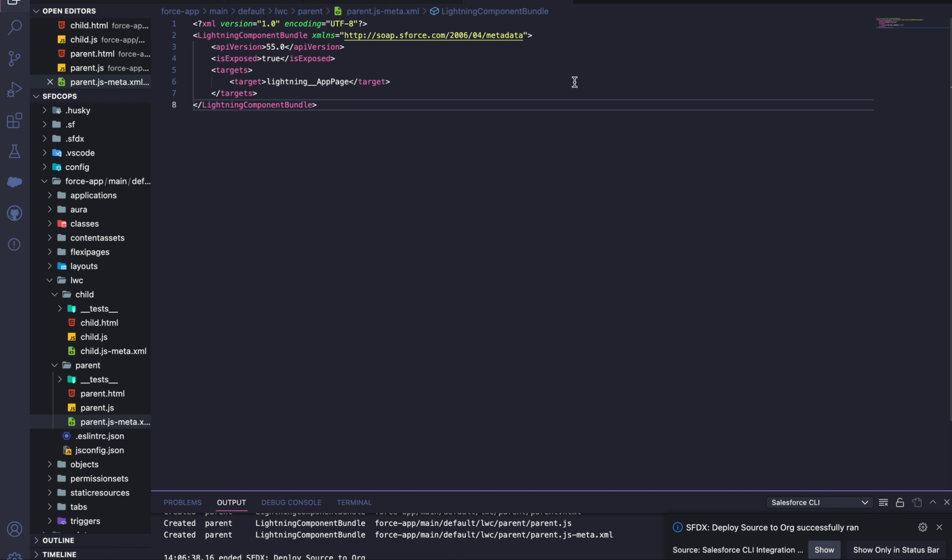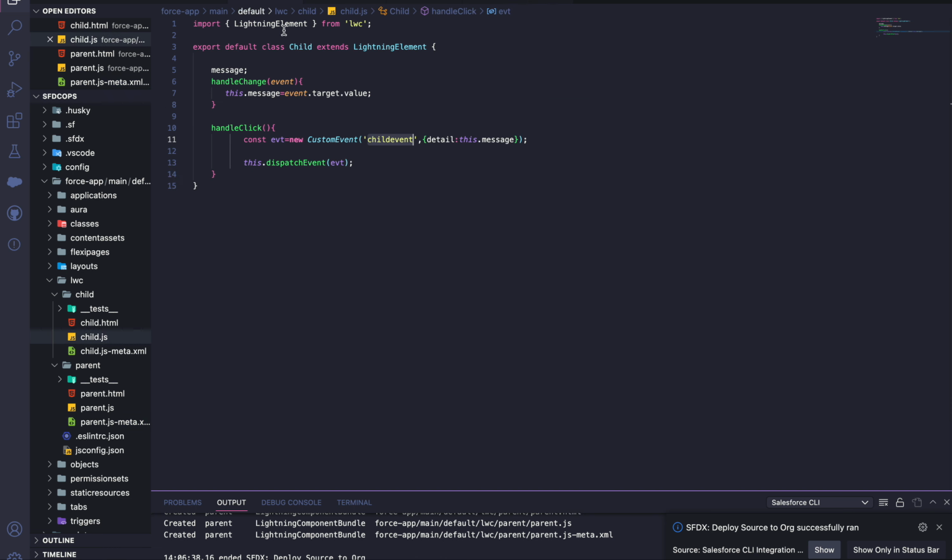I will show one more thing here. There might be a requirement where you have to send more than one piece of data. So how will you do that? Right now we are just sending the message. So let's suppose we want to send more data. How will we do this? So let's suppose